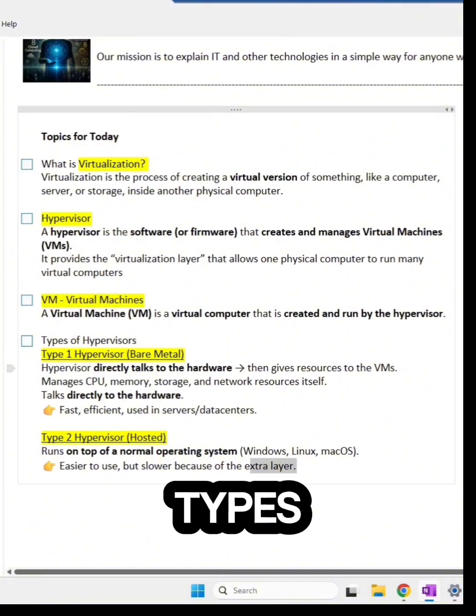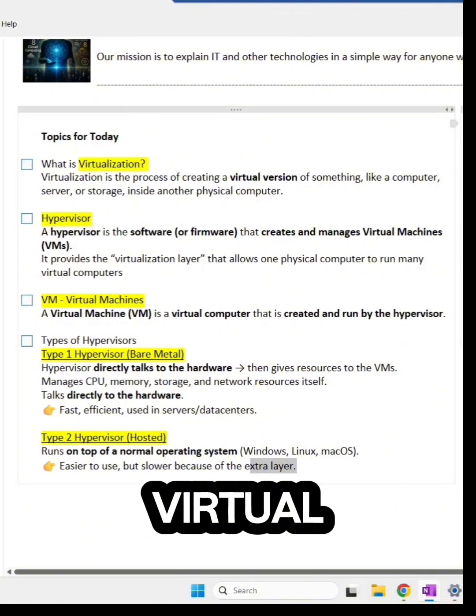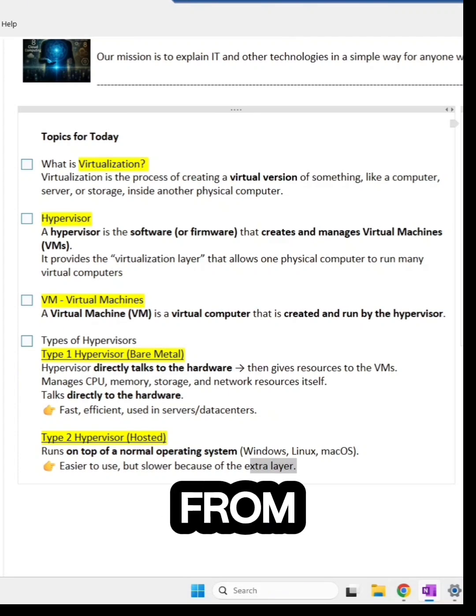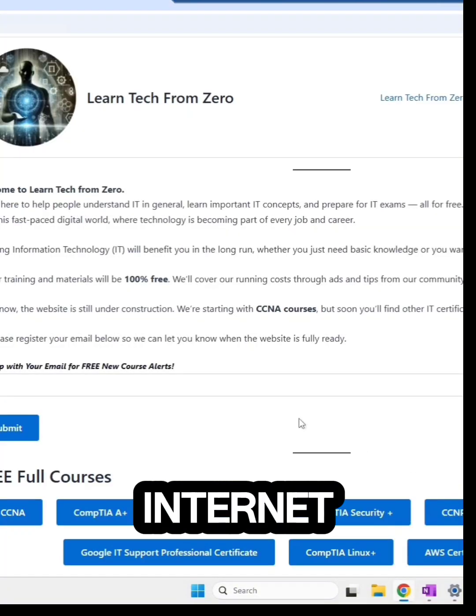So these are the two types of hypervisors that we have. Today we will be creating a virtual machine with the hypervisor called Hyper-V, which is from Microsoft. There are many hypervisors available on the internet. Let's just quickly